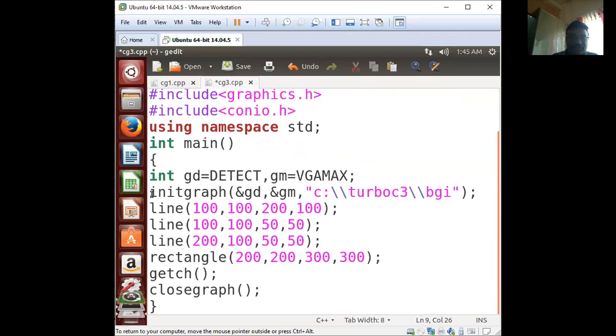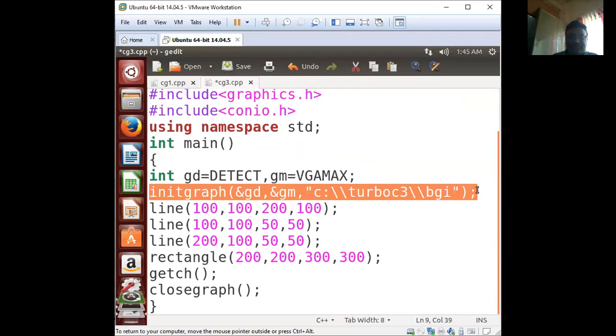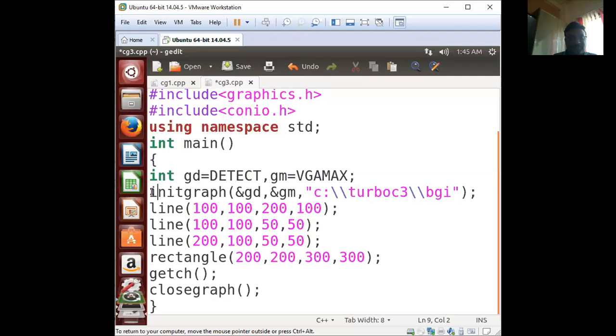The initgraph function. What is the initgraph function? It initializes the graphics. Here you have to pass gd and gm, and this path you have to remove. So here you have to type NULL, in capital, because we don't require any path over here. Just type NULL.